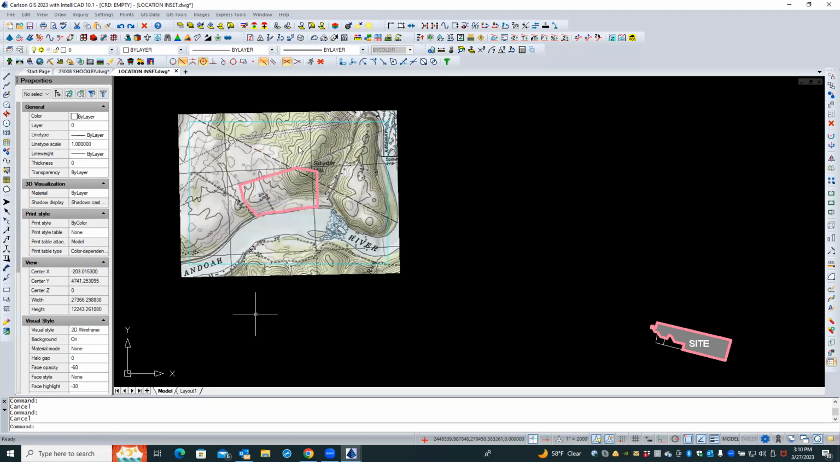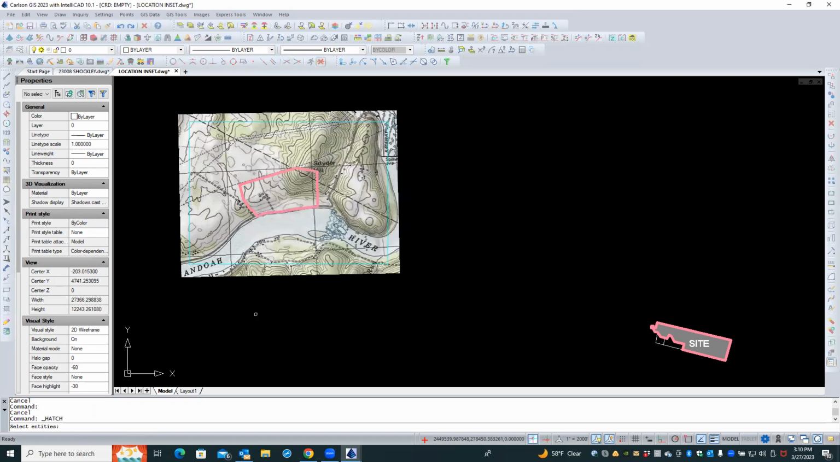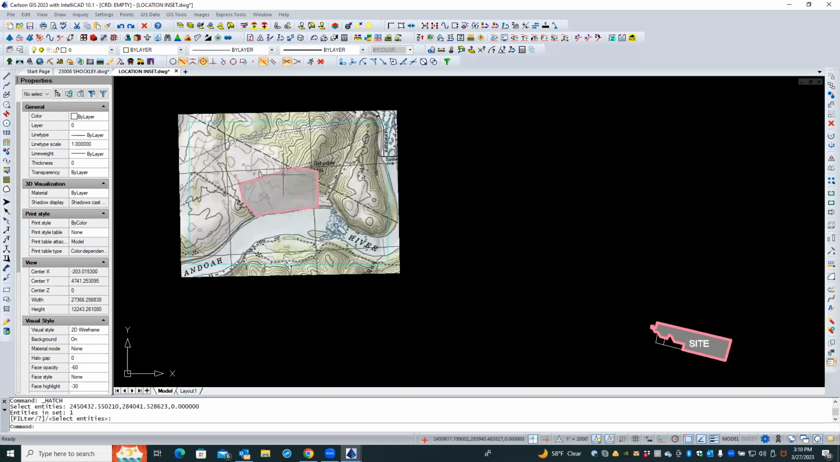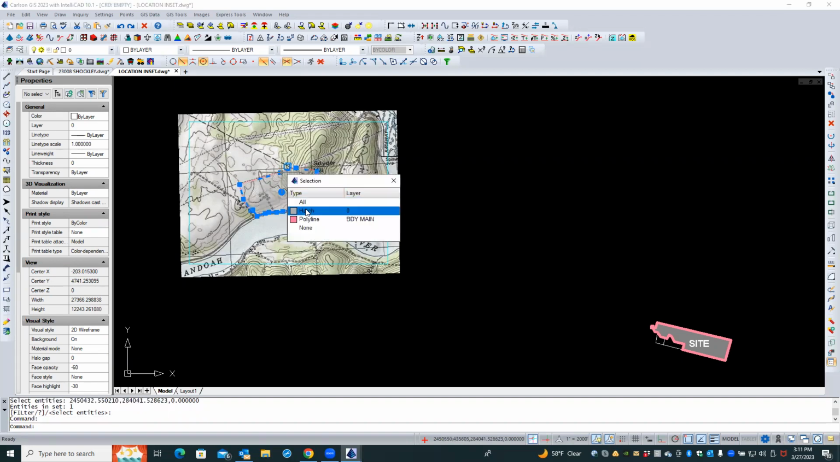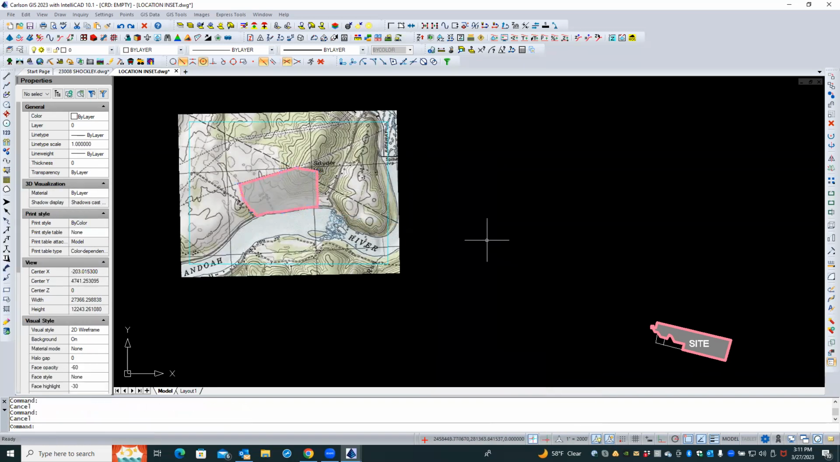Now you hatch. I don't know why that doesn't come across, but now instead of picking internal, we're going to just select the boundary itself. There it is. And that should be all we need. We're going to select the boundary and make sure it is draw order to the front. And then go over there. Now grab that word site and drag it up